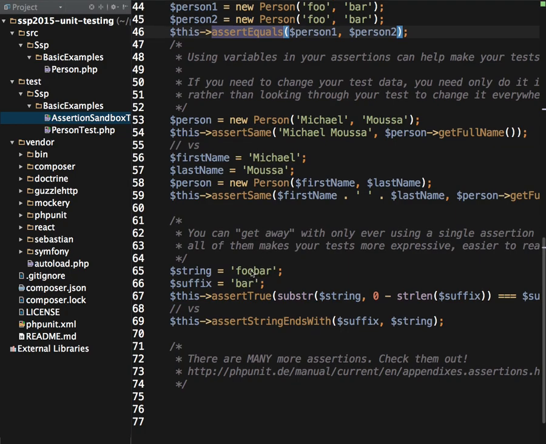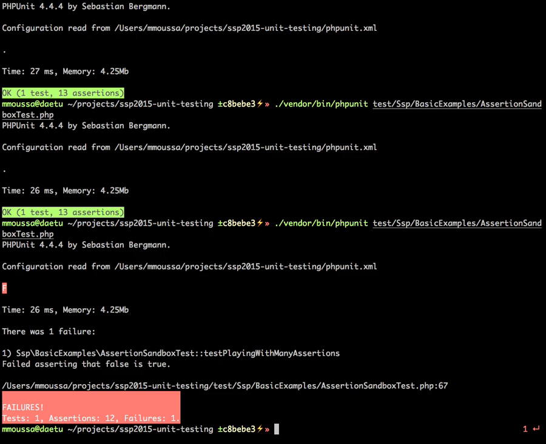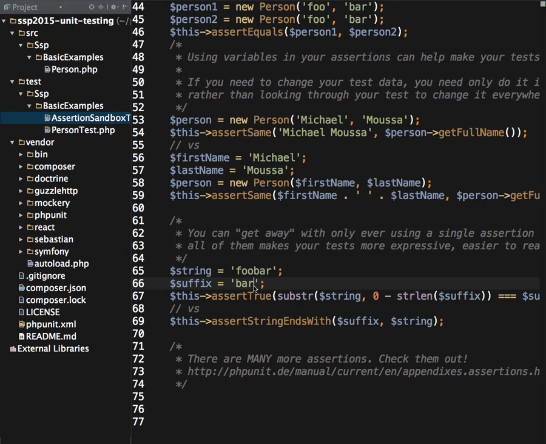If I have foobar and I want to assert that the string ends with bar, if I change this so that the test fails, it's going to tell me that failed asserting that false is true. That's completely useless to me if I run it. I have no way to know really quickly what this is for. I'd have to actually go into my test class and find it and figure out what's broken, whereas if I